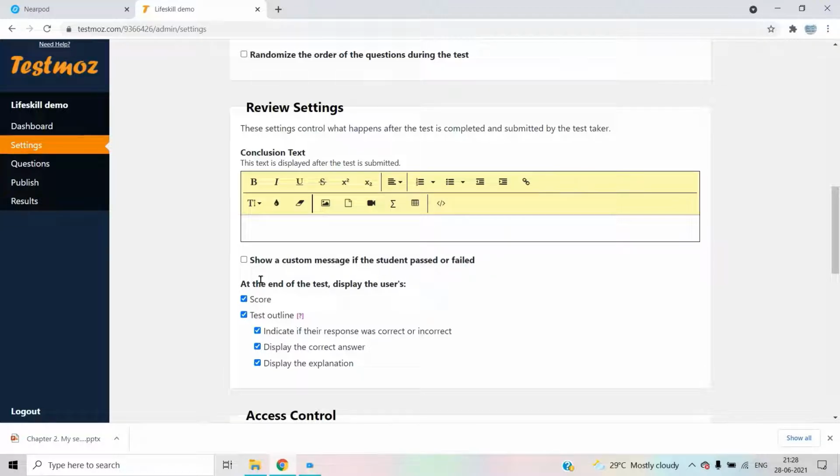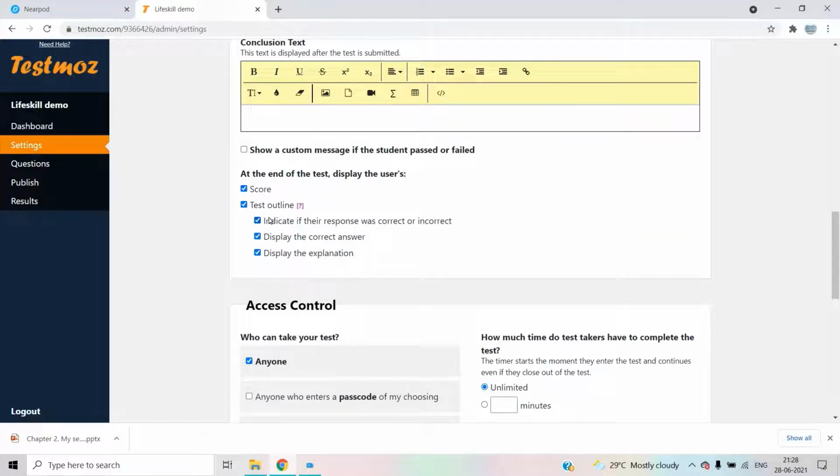You can show at the end of the test, display the user's score, test outline, that is indicating if their response was correct or incorrect. Display the correct answer, display the explanation. That you have to select and keep it. It will be required to know the correct answer.